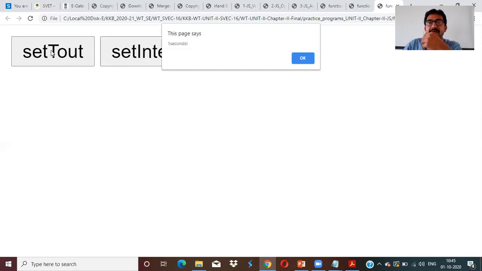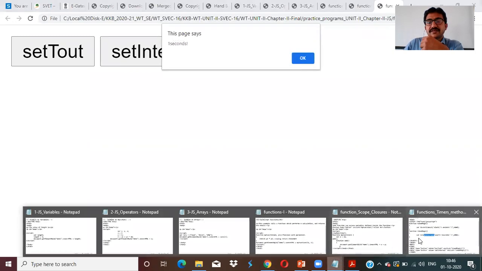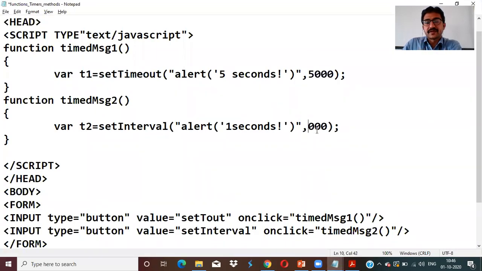So there is a difference between setTimeout and setInterval. setTimeout displays the message only one time, whereas setInterval displays the same message for every interval we have decided, here 1 second. If you increase it to 2 or 3 seconds, it will alert every 3 seconds.